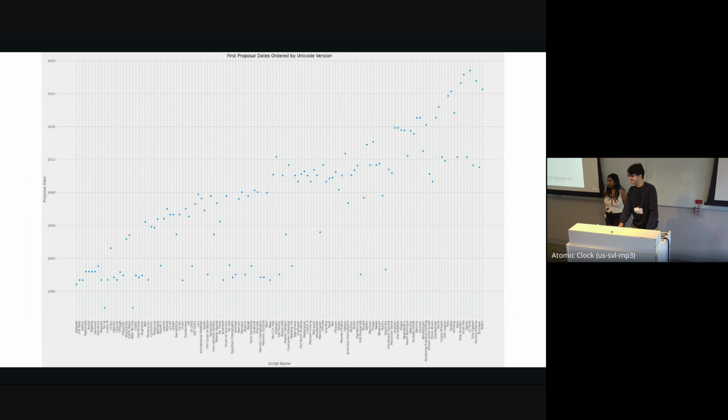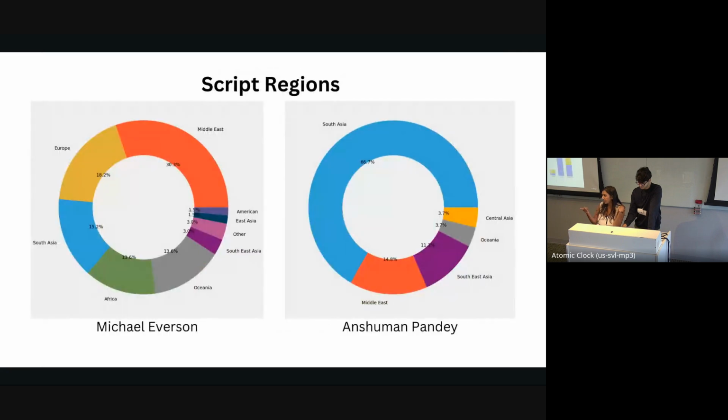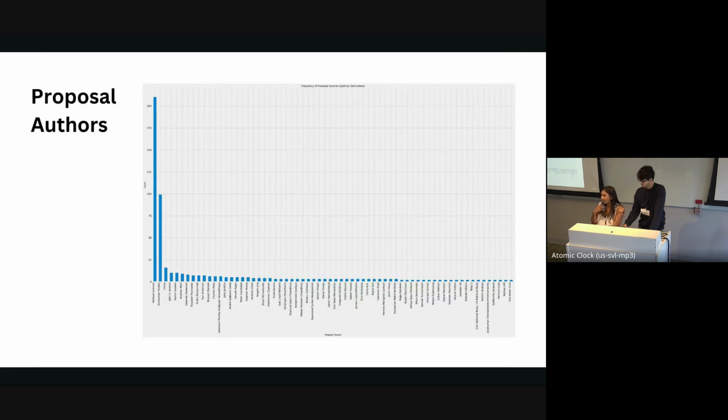Just a quick question. Are they doing all of the research and making the proposal, or are they proxies for other groups and helping them get the proposal submitted? It's both. They do co-author with other people as well, and it's very common for them to be consulting other script experts. That's a good thing to look at, how many of them are individually researched, and it's still a high percentage. In many ways, they're a proxy for other people, and they help them say, this is how we shape a proposal.